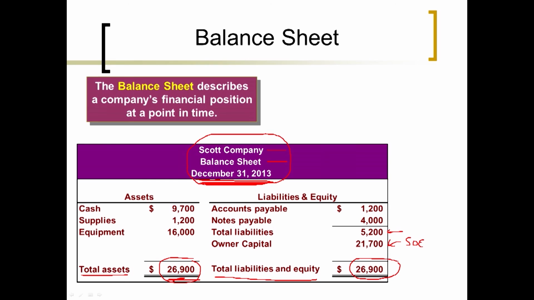Does that make sense? Now, I know some of this stuff seems very picky, but remember, we're preparing this for other people to look at, right? And it's just as easy to learn the right way as the wrong way, and I want to teach you how to do it the right way. So when I ask you to prepare a balance sheet in this class, I'll lovingly take off points if you say for the month ended December 31st, 2013. I want you just to say as of December 31st, or I usually just say December 31, 2013. And it's implied that that's the end of the day. Cool? Do you see how these financial statements flow from one into the next?